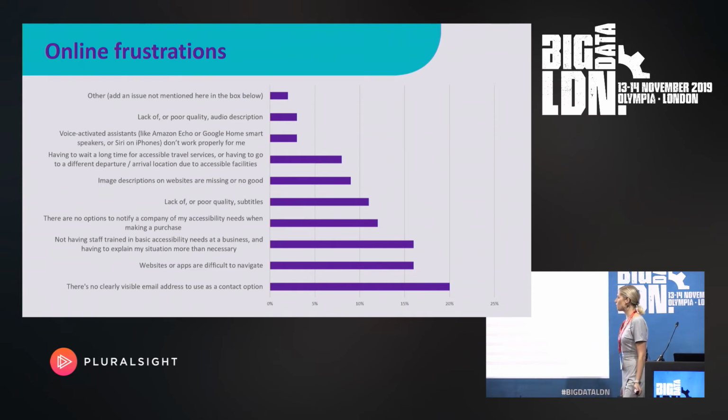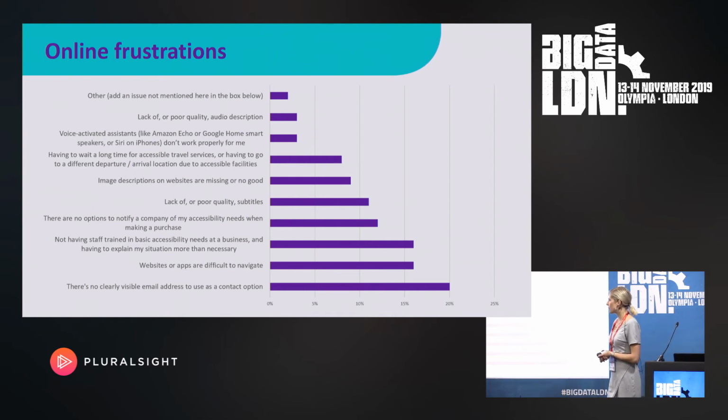So, lack of or poor quality audio description. When you're watching content and you're blind, it needs to be audio described so you can take that in. Netflix, about 30% of their content is audio described, but it seems quite shocking to me that a blind consumer would still have to pay 100% of the price to have Netflix, even though they can only access 30% of the content. You'd think they should get some kind of discount on that, or Netflix could improve the accessibility of their service.